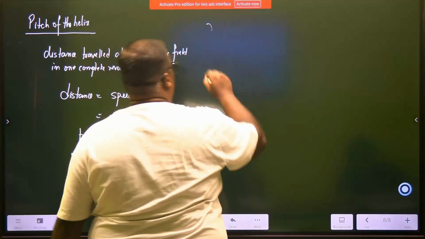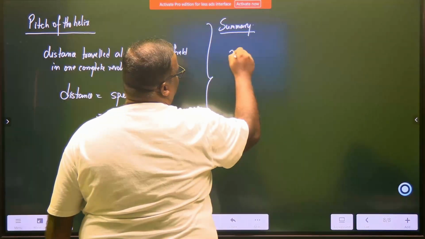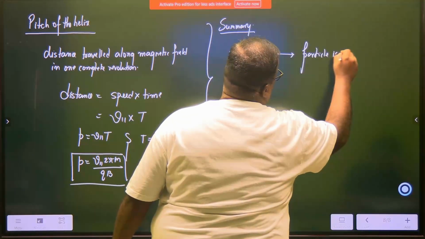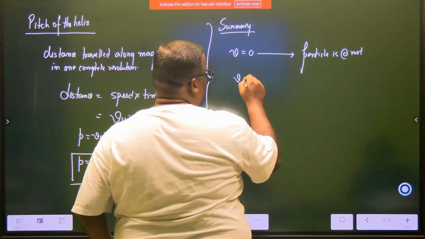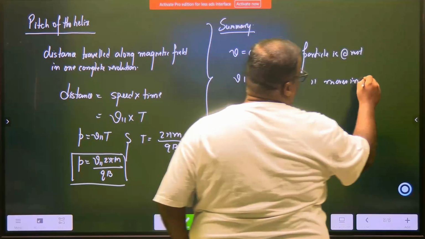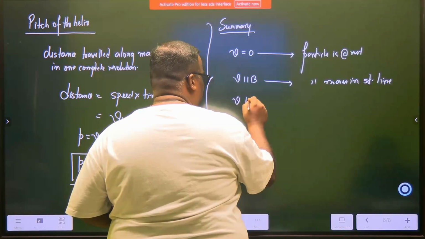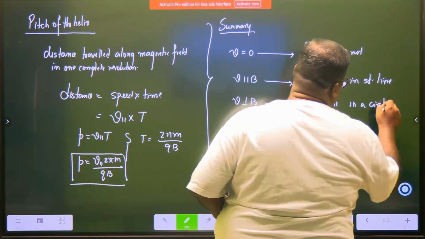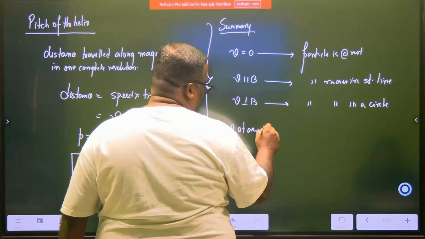So let's make one summary. Most 1 mark questions expected. If V is equal to 0, then what happens? Particle is at rest. If V is parallel to B, then particle moves in a straight line. Okay? If V is perpendicular to B, particle moves in a circle, and V at any angle with